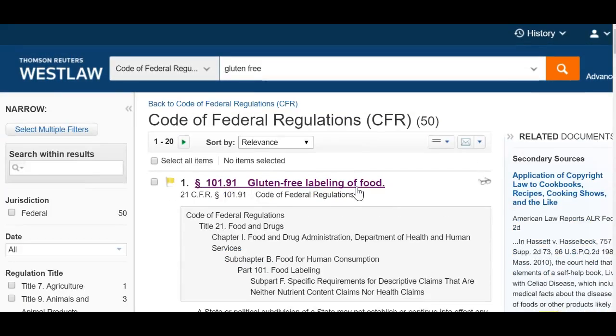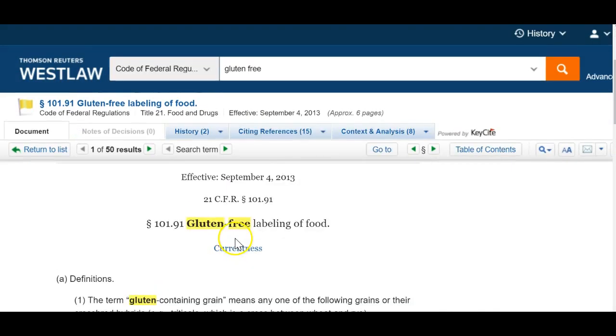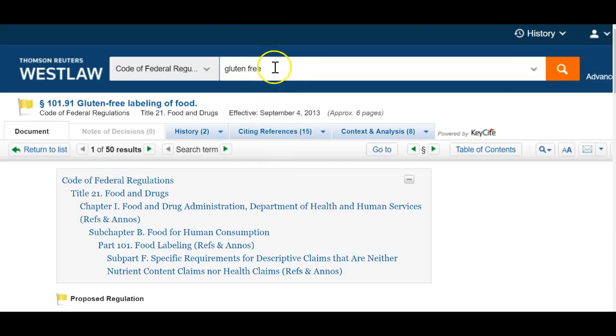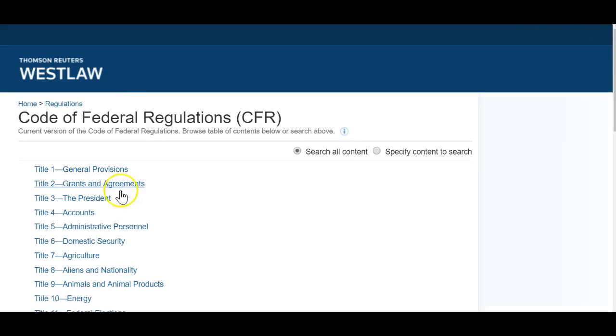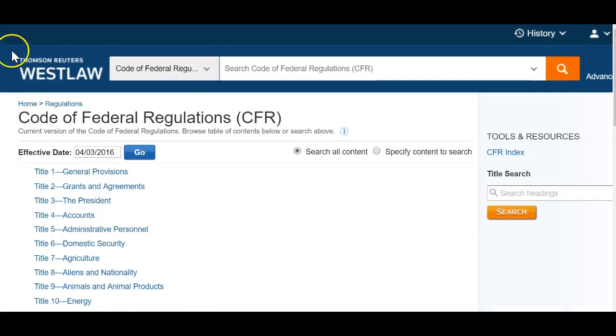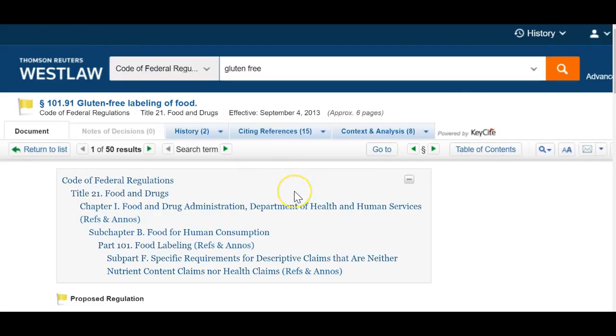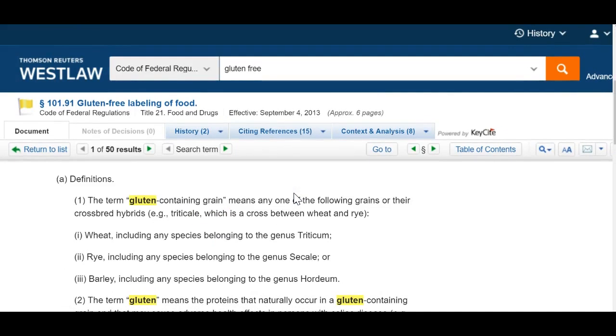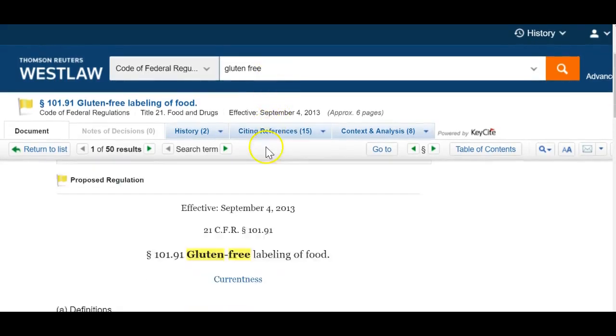So those are the steps for using the Code of Federal Regulations. If you have a citation, the citation to the Code of Federal Regulations will always include the title, the abbreviation to the Code of Federal Regulations, which is CFR, and the section number. So if you have a citation, you can enter the citation in the search box. If you don't have a citation, you certainly can research the table of contents of the Code of Regulations. If you don't want to research the table of contents, you certainly can do a word search,